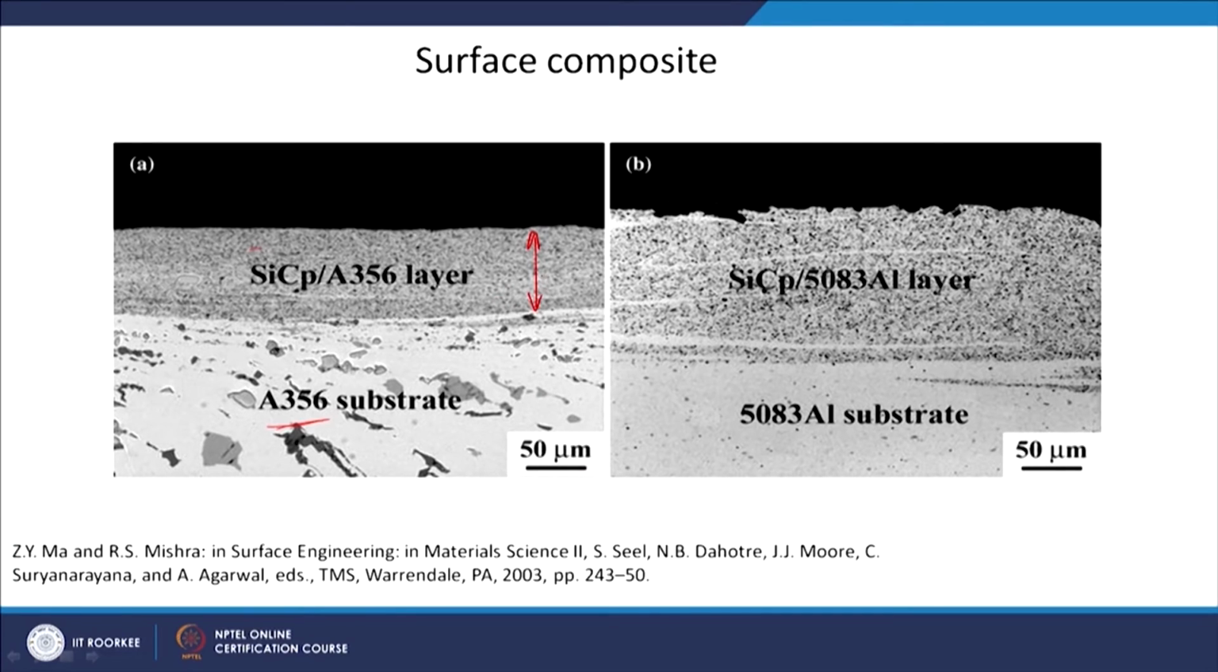So, this may be around, let us say, 70 micron thickness of the layer in which you have introduced silicon carbide particles. The other graph is for 5083 aluminum alloy, where again maybe around 100 micron thickness they have introduced the silicon carbide particles. So, this is a very good technique to make surface composites by only embedding the ceramic particles on the surface to give the surface hardness, which will result in the